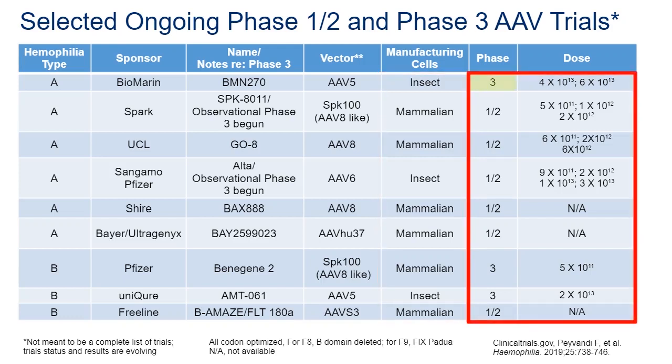So the BioMarin is the farthest along. In phase 3, they had 2 doses, and these are vector genomes per kilogram, although the enrollment has really been in the higher dose. The phase 1-2, there is an escalating dosing in order to determine the dose to be used in phase 3. The Spark phase 1-2 factor VIII is